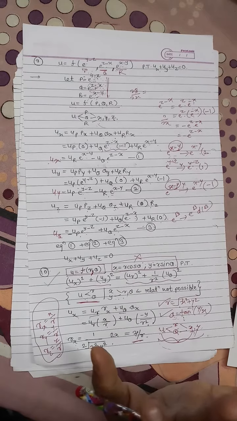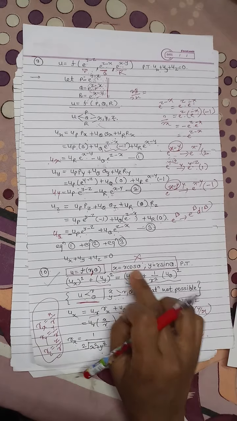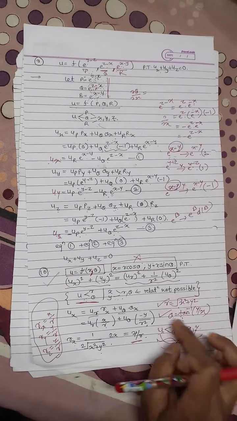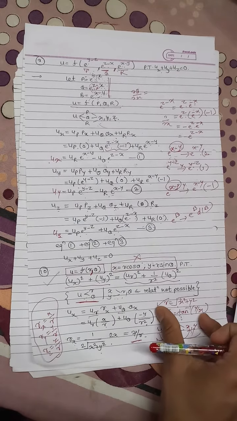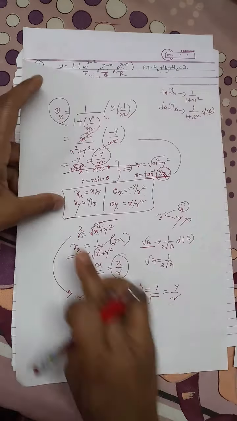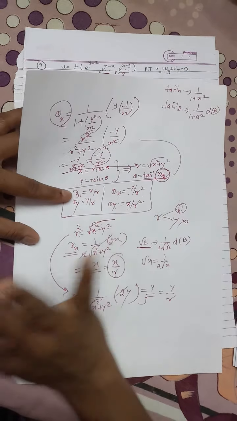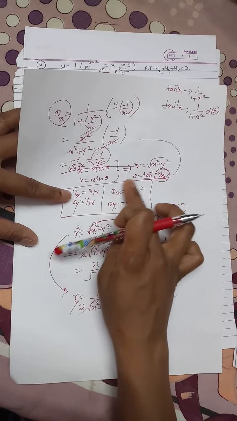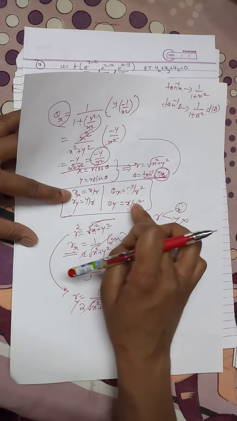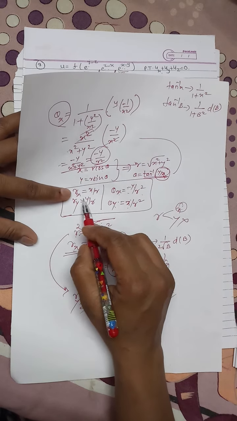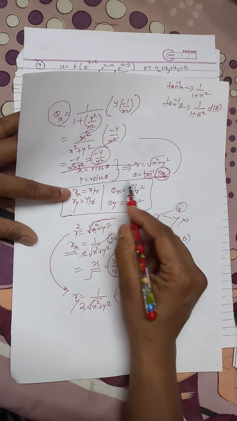In any example, x is r cos theta and y is r sin theta. If these equations are given, then the r and theta values are the same, and the rx, ry values are these. These are not going to change, and the theta x, theta y values are fixed. So you can remember them as a formula: rx, ry are x by r, y by r, and theta x, theta y are minus y by r square, x by r square.